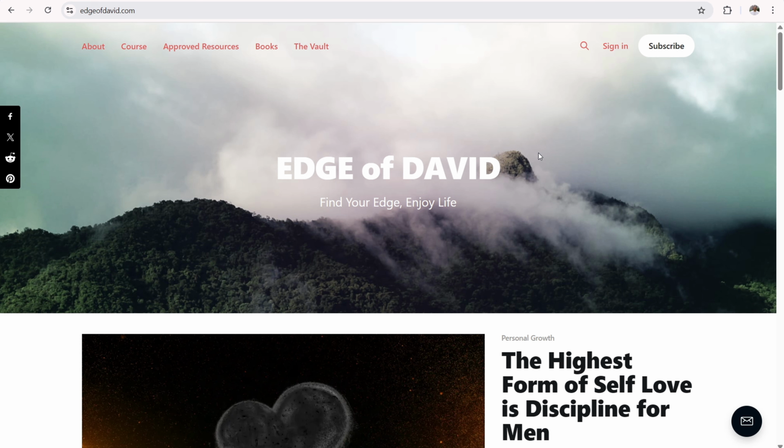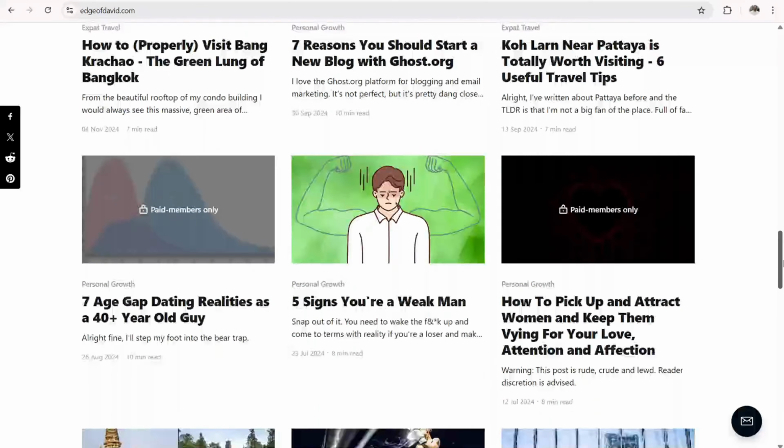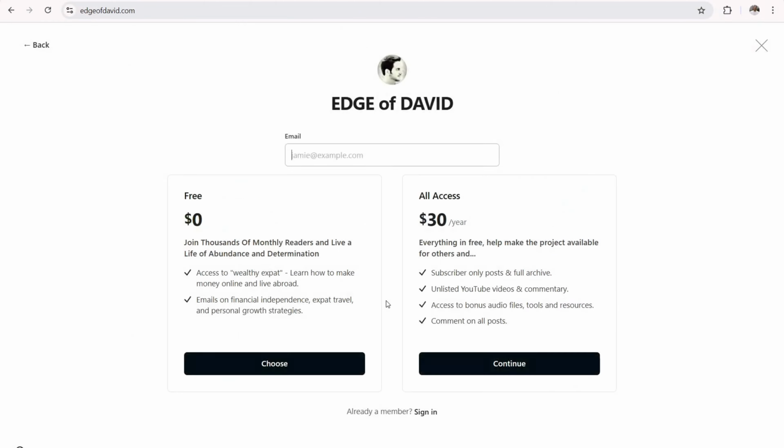So let's begin. Okay, so this is the type of website that I'm going to show you how to make with a Ghost.org account. So I'm going to show you how to adjust the background image over here, how to add in social share buttons on the left-hand side, edit and adjust your menu item, how to lay out the homepage with your various blog posts, how to set up your email list and offer paid subscriptions to your subscribers,